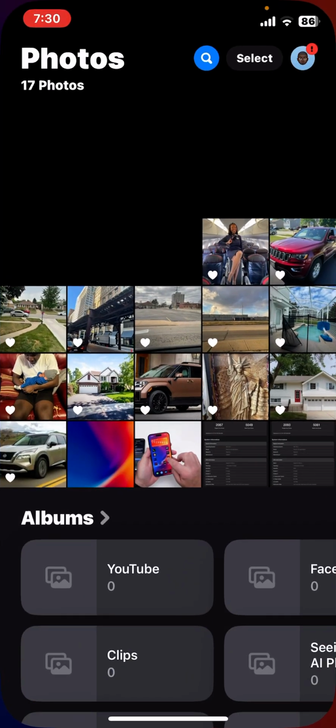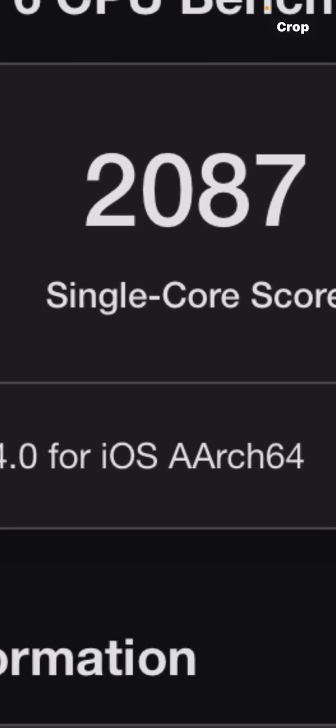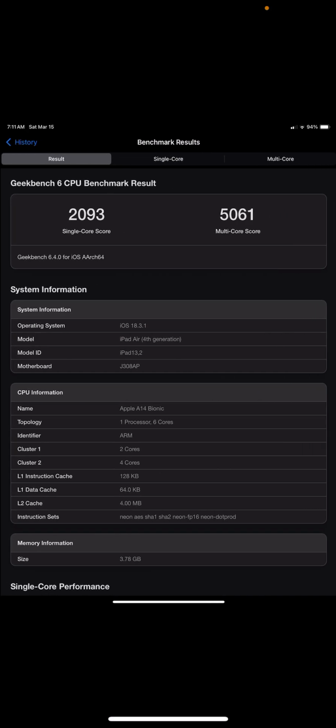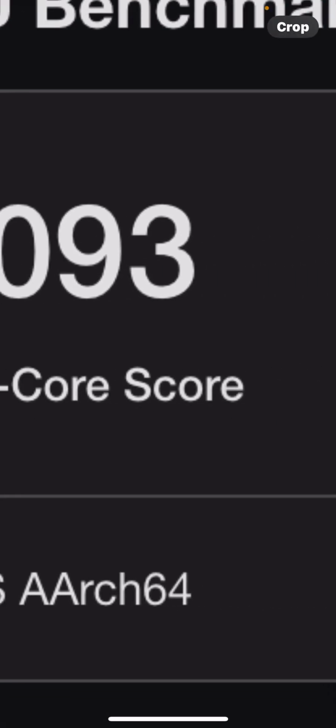Now on my iPad, I scored 2087 for single core, 5049 for multi-core. Last week on that device, I scored 2093 single core,